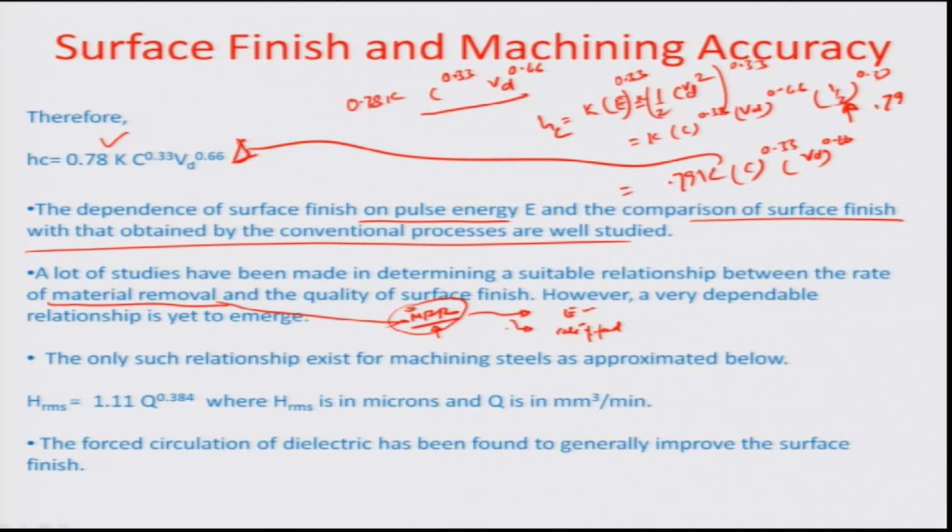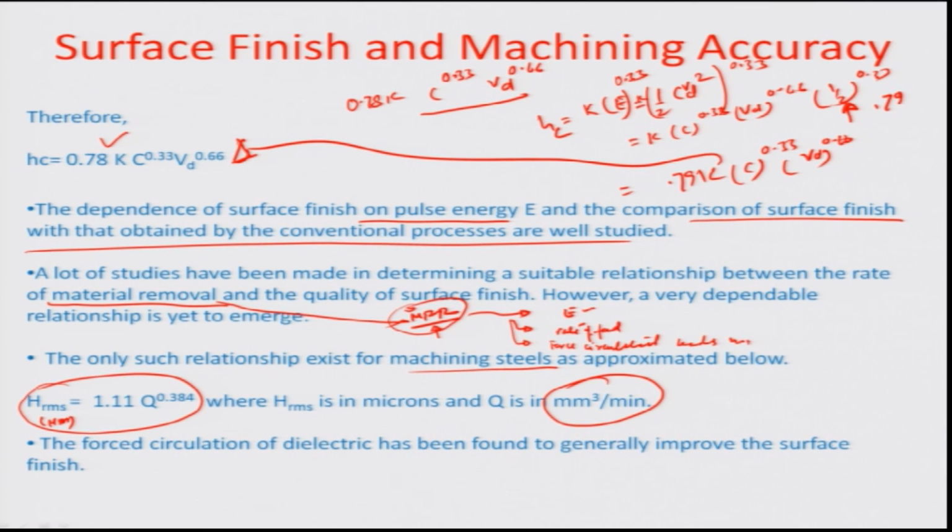And certain relationship, an empirical relationship between roughness and MRR exists for steels particularly. And steels, if Q is the MRR in millimeter cube per minute, and the HRMS that we are taking is in micrometers, we can empirically relate the HRMS to Q by 1.11 Q to the power of 0.384. Now, if you wanted to have the dielectric fluid force circulated, it is obviously going to create higher material removal rate,